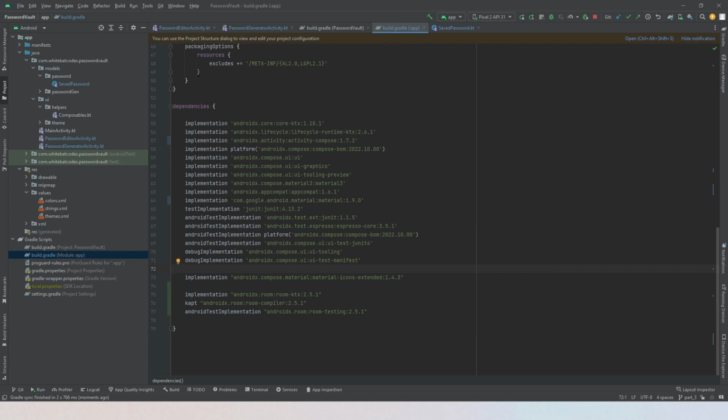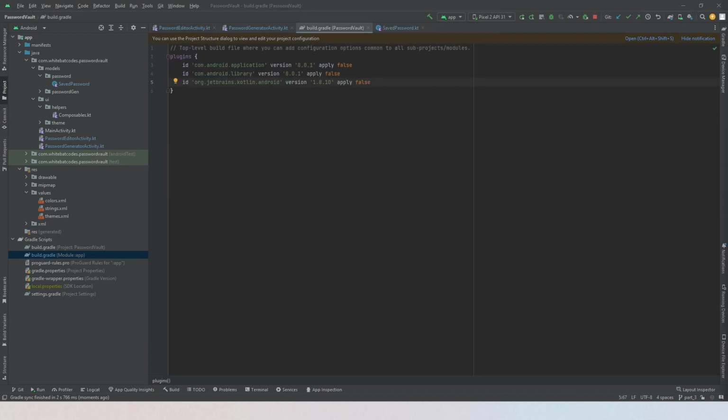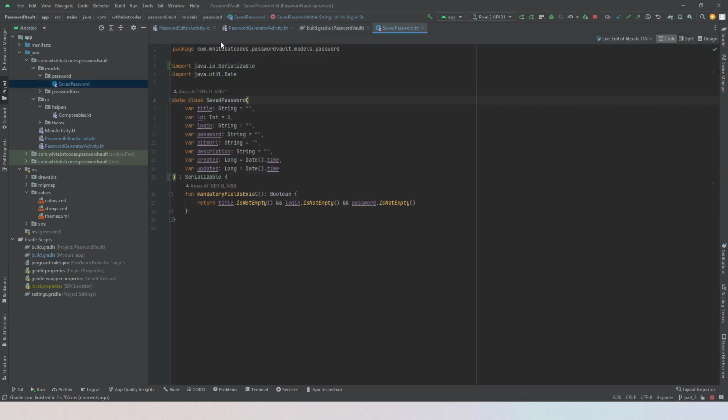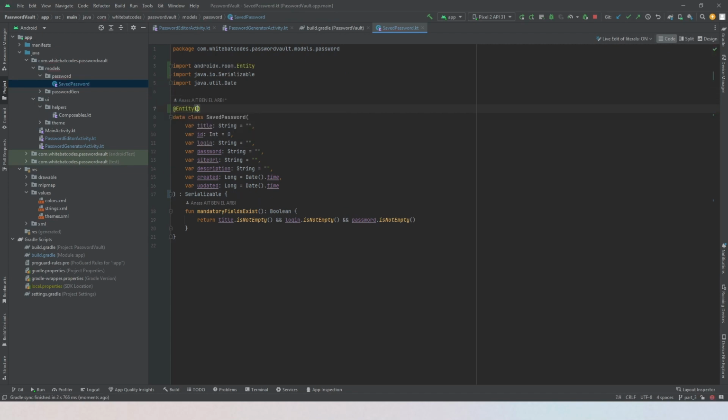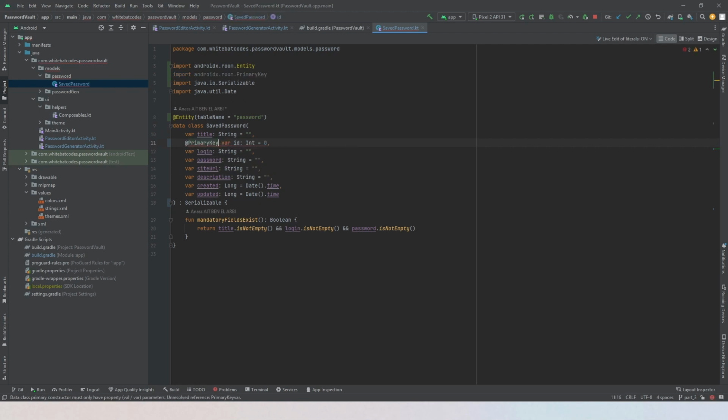Alright, that's good. Now let's close this. And first thing is to modify the saved password. So let's go to the saved password here. This is going to be an entity, so let's add the annotation entity. And here table name is password. The title is going to be the title itself. For the ID, it's going to be the primary key. So here primary key, auto generate equals to true,